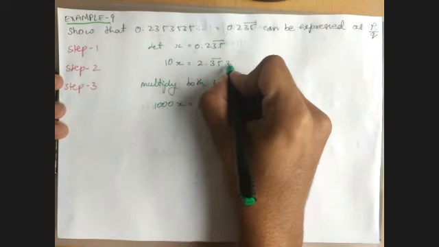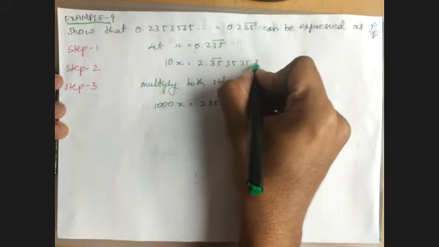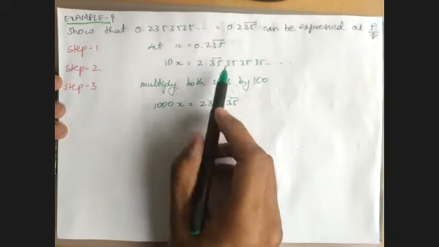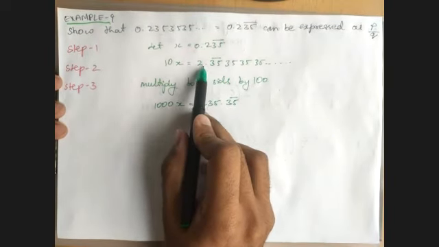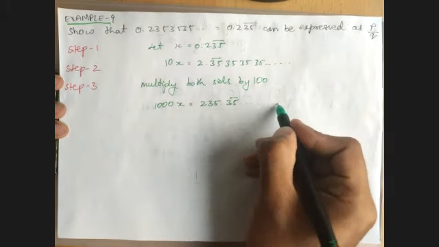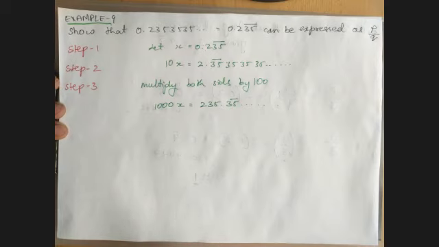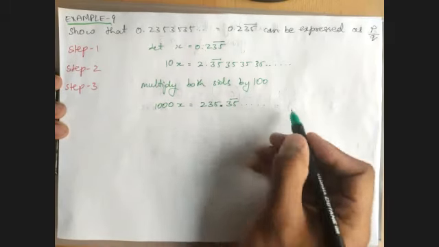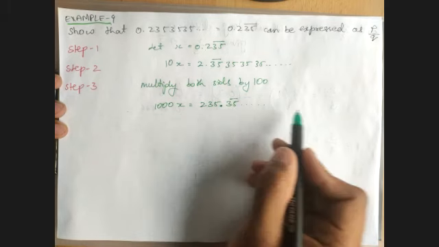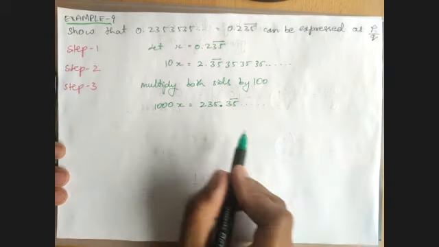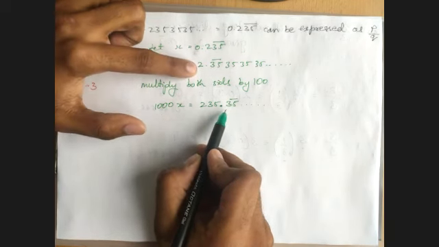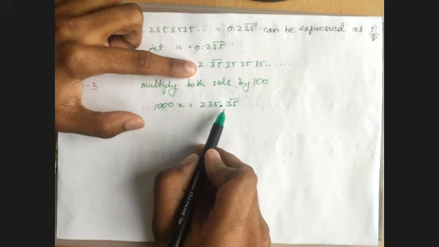Why is this? Because this is 353535, until how many times, I don't know. So even if I shift it, I'll again have 353535 recurring until infinity. So we don't know what infinity is, where it will end. It is non-terminating. So even if I shift two digits, again it is 35 recurring only. So here I have to write this in the form of this. Okay. So how do I do this?